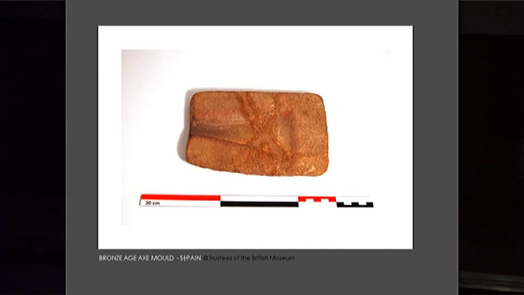Some of the earliest examples of molds for making objects are in fact for tools or weapons, like this Bronze Age axe mold from Spain. I'm interested in the role of three-dimensional reproduction in relation to sculptural practice as a way of trying to make some sense of our place in an increasingly technologically orientated world dependent upon items that are mass-produced for our everyday life.